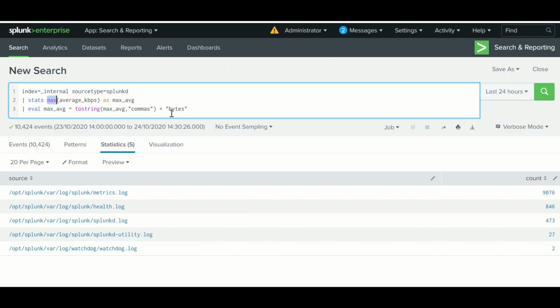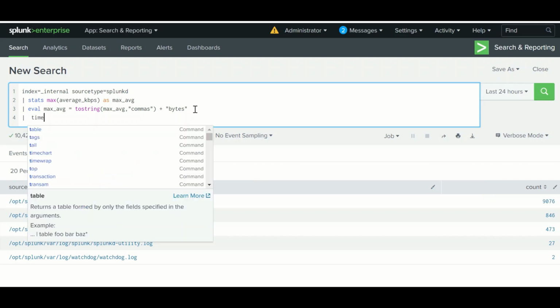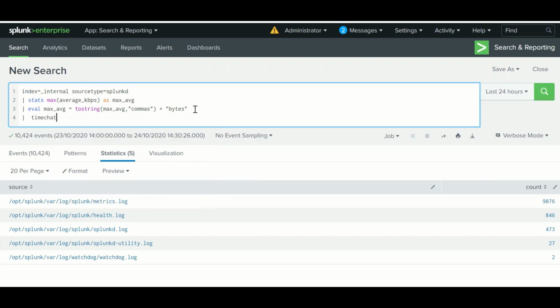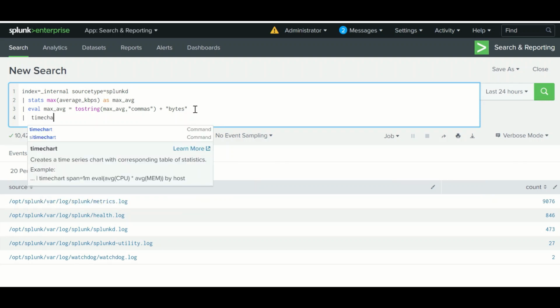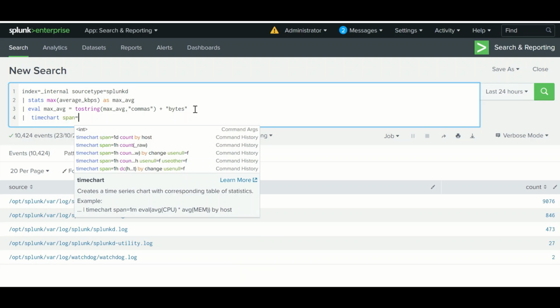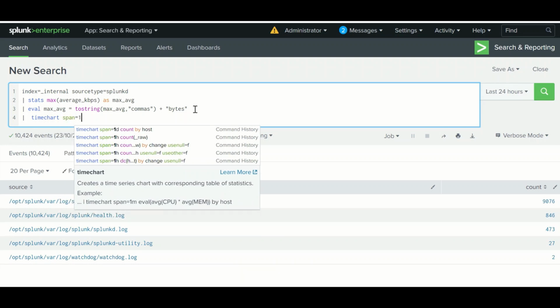And if you have any argument coming with your command, like say there is one command called timechart, it has an argument like span equal to 1h.